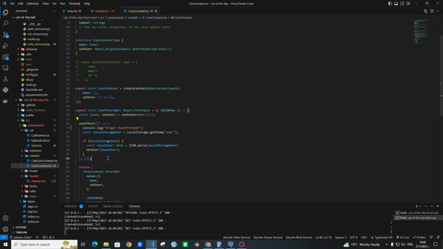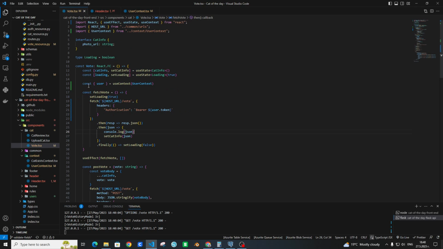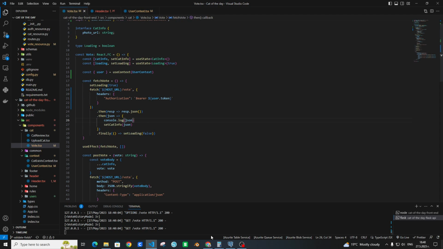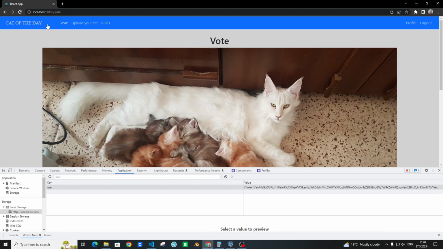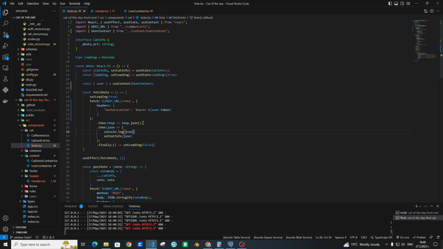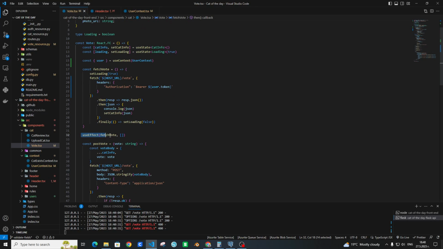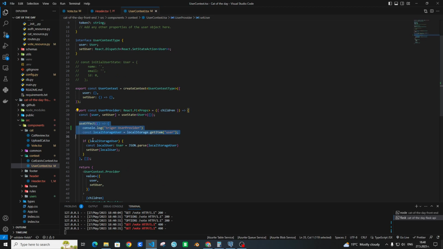This use effect is already triggered and the user is loaded from the local storage. So for that the token is sent. But for the initial render, everything happens really fast. So in that page, when I reload, I'm triggering two use effects, this one and this one.